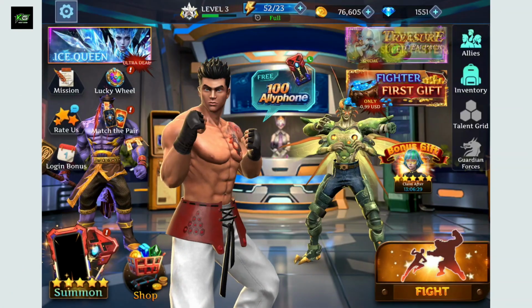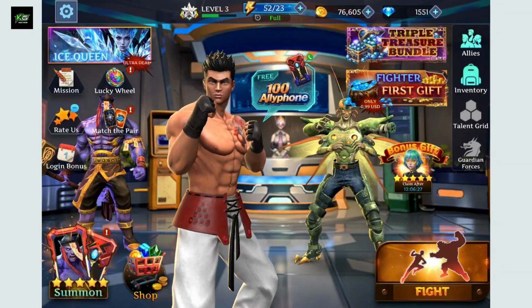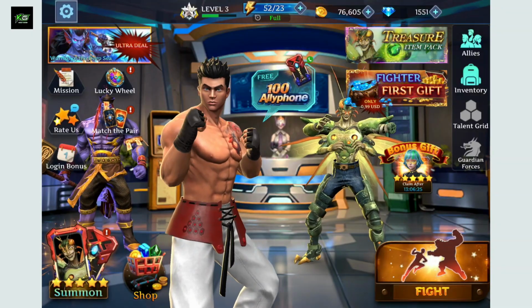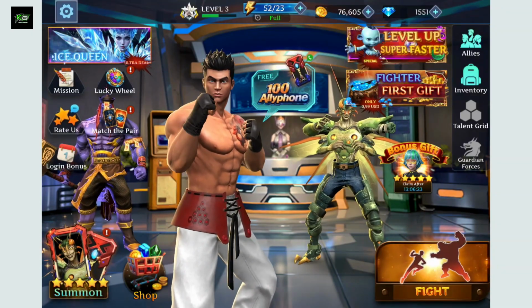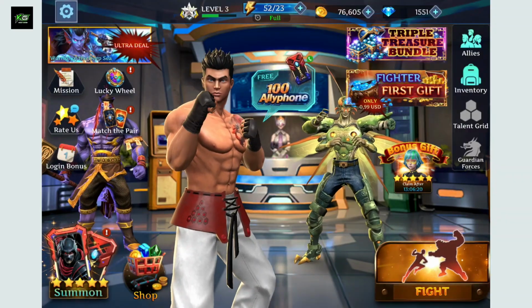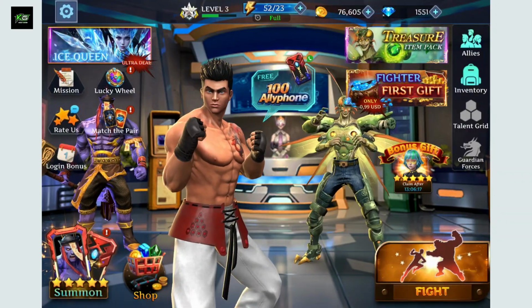Syncing your game progress helps protect your account and lets you restore your progress if you switch devices or reinstall the game. So first of all, in order to sync your game progress, open the Legend Fighter Mortal Battle game